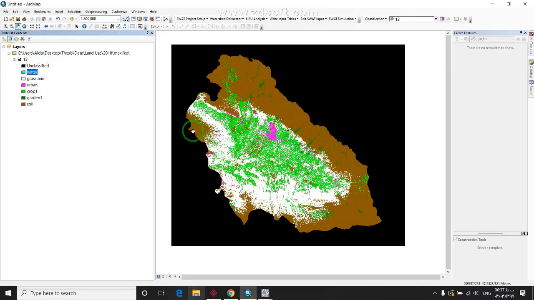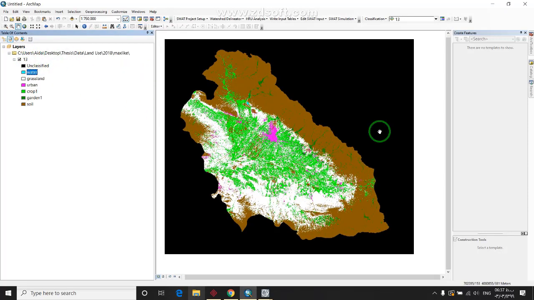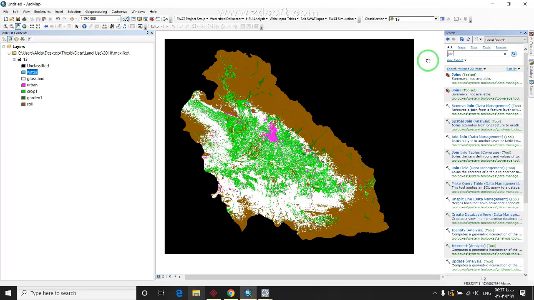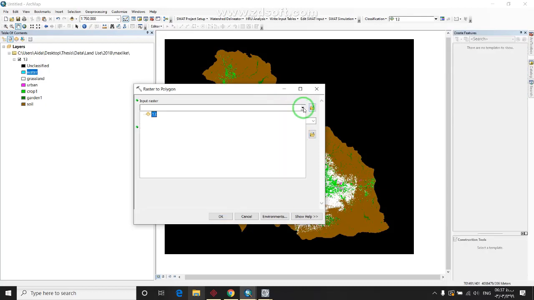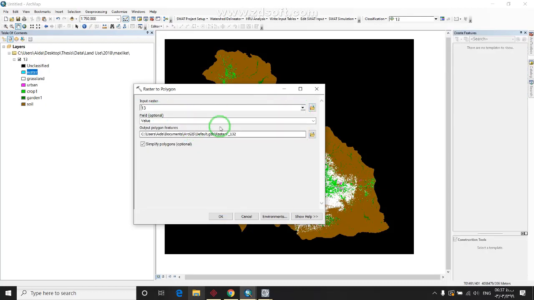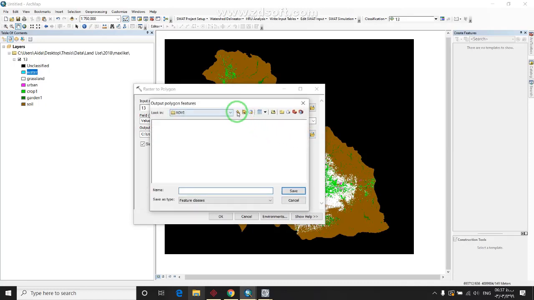In order to make features out of this raster, you want to type raster to polygon. Raster to polygon, and input raster will be this one, field will be this one, and